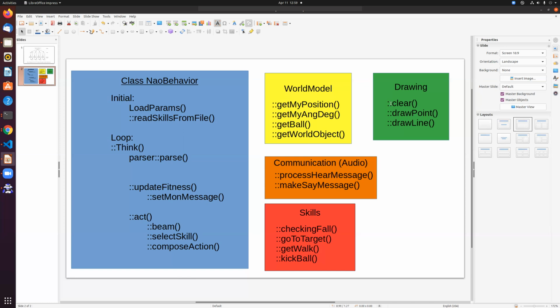Some particularly useful functions are things like drawing points and lines and just clearing all the drawings. If you want to mess with communication, you should look at the process hear message and make say message for processing a message that a teammate might have said, and also creating your own message to communicate stuff. And then for skills,